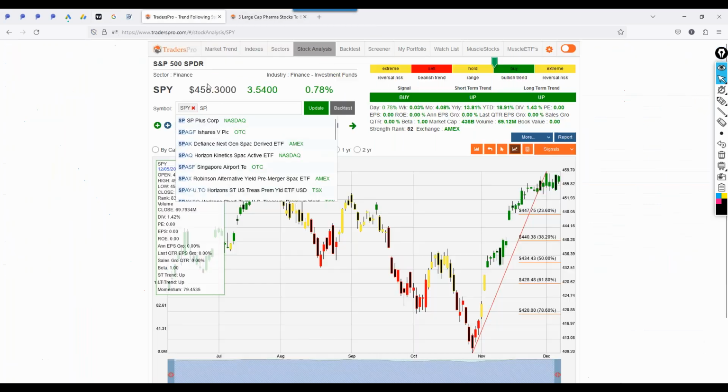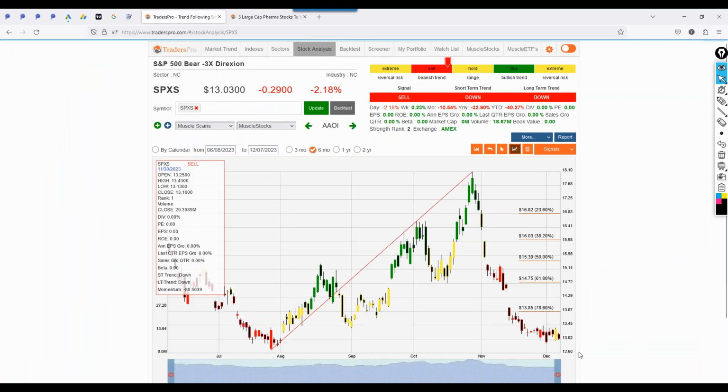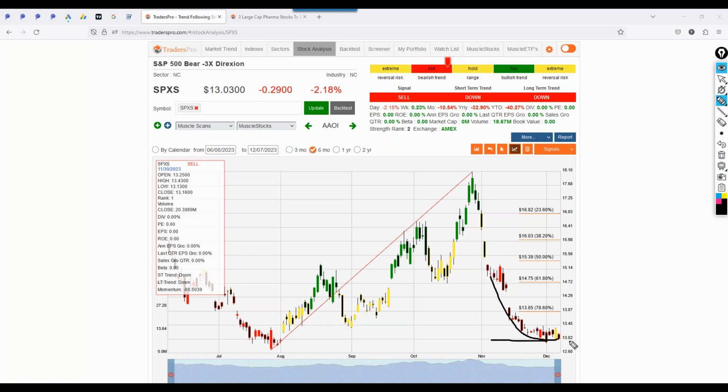SPXS. Okay, SPXS here. So now you can see it's definitely in this downtrend, but in terms of a support area and something that will go up if the market goes down, this is a way to be able to do that. So just an idea to consider where we are at market tops, and you may not necessarily want to ride out any type of pullback, or you may consider it. It's going to work the same way. You can still place a stop loss on this to say, oh, the market's breaking out, or